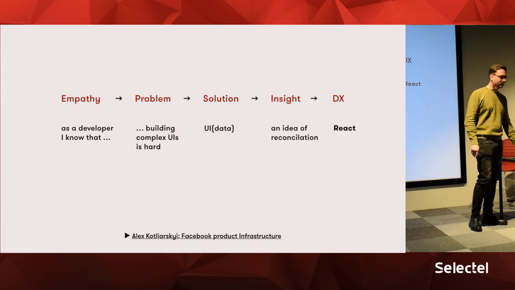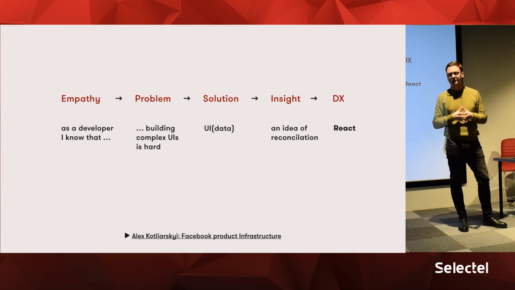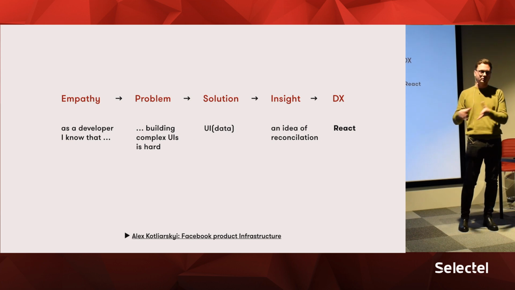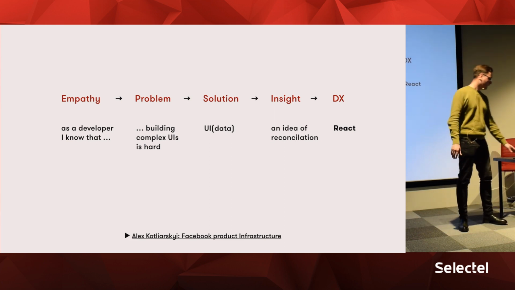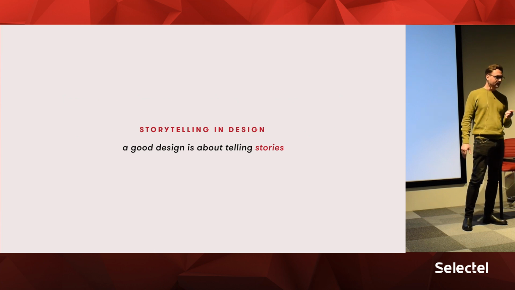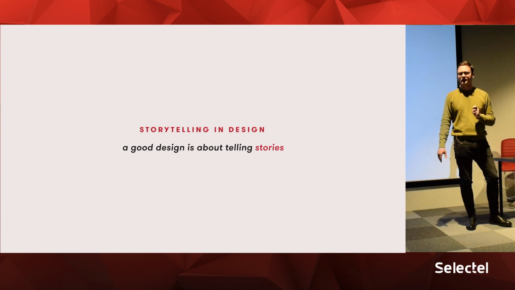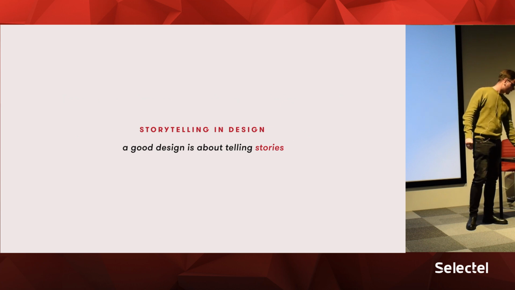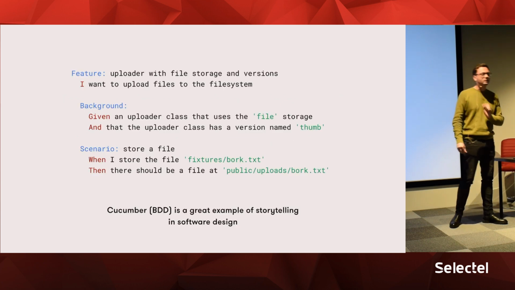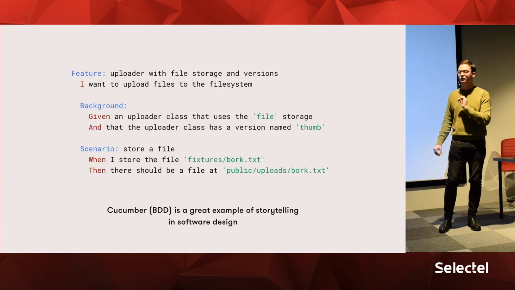And I also wanted to mention that the good design process is all about stories. It's a story about users using your project, your tool, your library, API, whatever. And this is a really interesting fact, that storytelling is considered to be the main point of design. It's all about telling stories. And I feel like this is probably the greatest example of storytelling in software engineering.